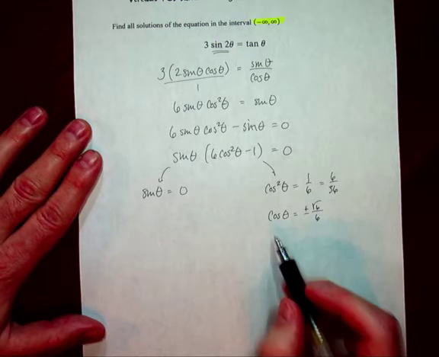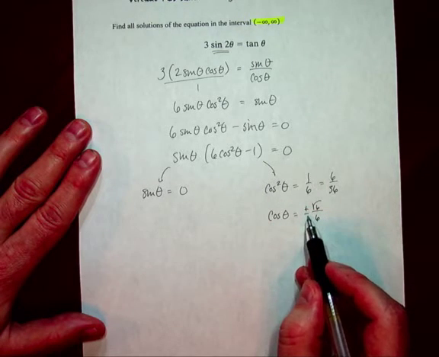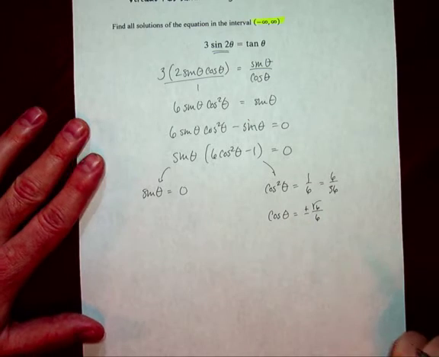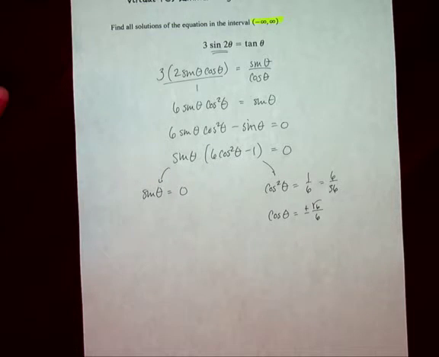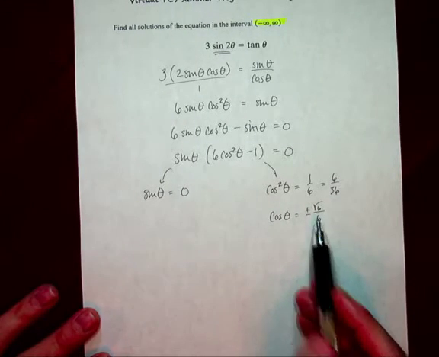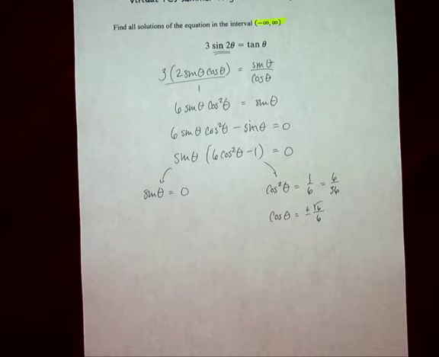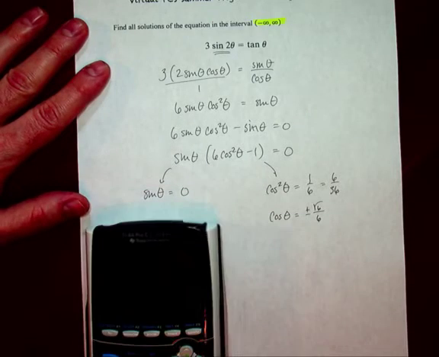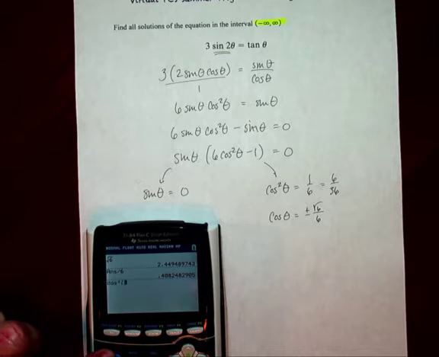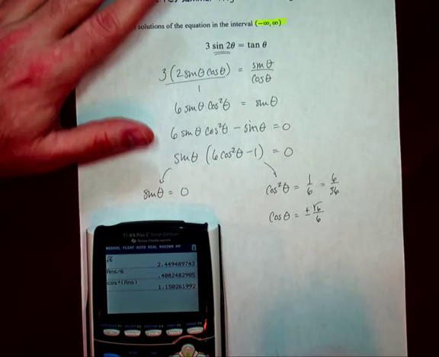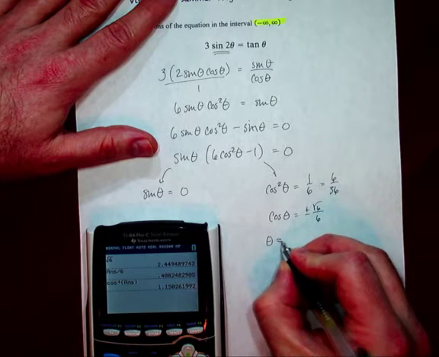Now, the great thing is that whether it's positive or negative, this describes 4 angles on the unit circle, all of which have the same reference angle. They have the same reference angle because they have the same adjacent over hypotenuse ratio, right? So you really only have to find one, and then you can extrapolate from there, which is nice. That means we only have to use our calculator once. Okay, so let's do root 6 divided by 6, and then let's do our arc cosine of that, and our first value is going to be